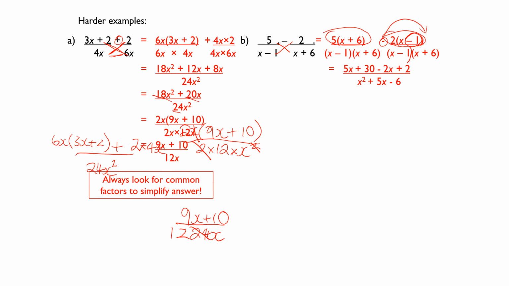For this one, they've expanded out the two brackets by just expanding. Tidy up the top line, 5x minus 2x is 3x, 30 plus 2 is 32, and then just leave the